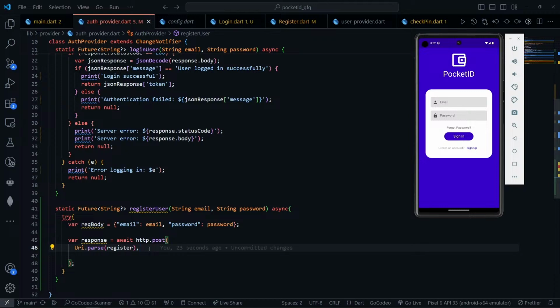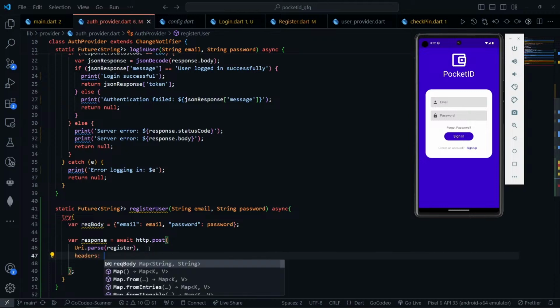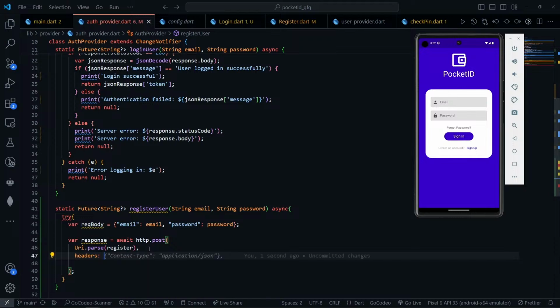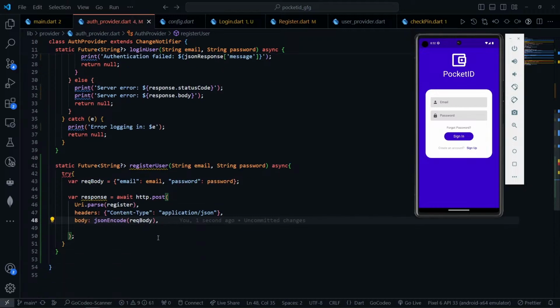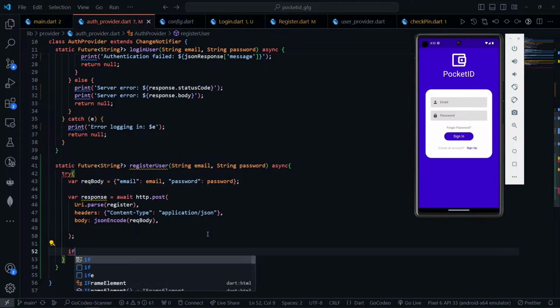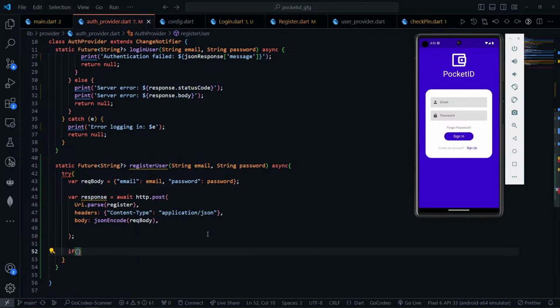After here, we are going to call for headers. So inside headers, it's content type. Content type will be application/json, and body will be JSON encode response.body. Basically it's the request body, the data that you are trying to request here. Now, right after this, we are going to write a condition that if